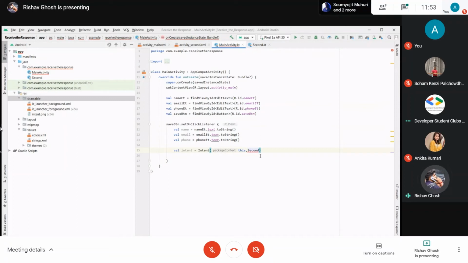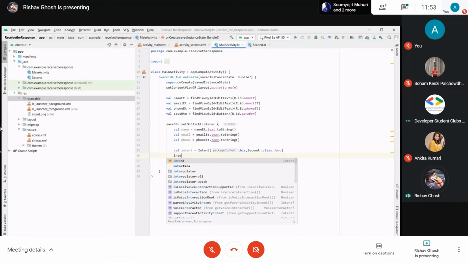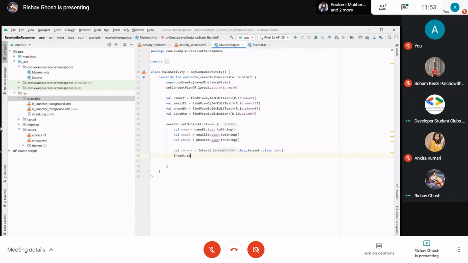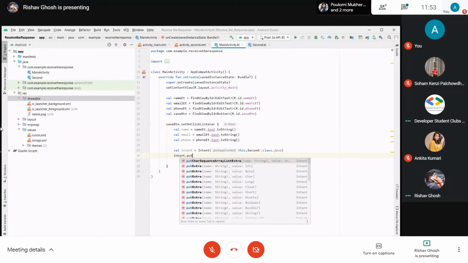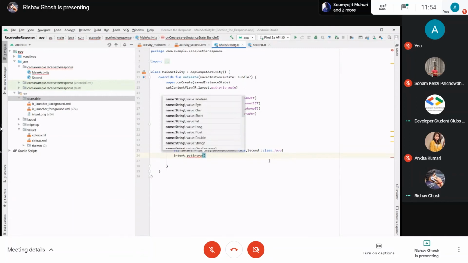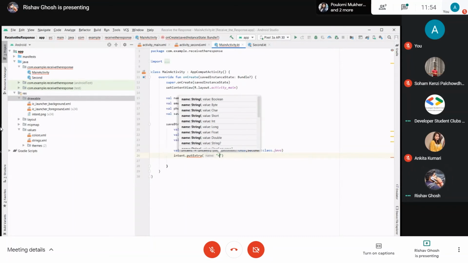Then we need to put it in a class dot java, and then we need to put the value for the data. So we need intent dot put extra, and here we need to put the name, like name